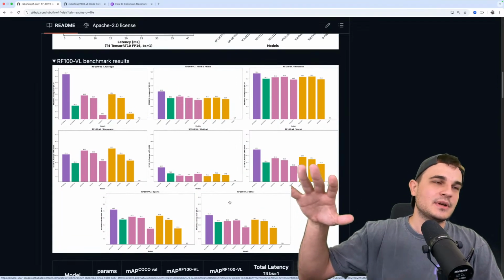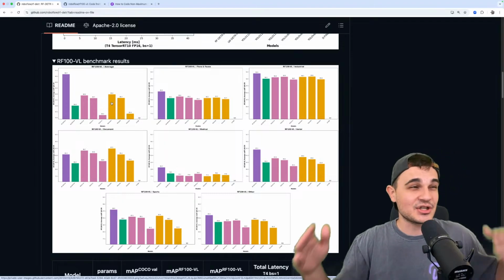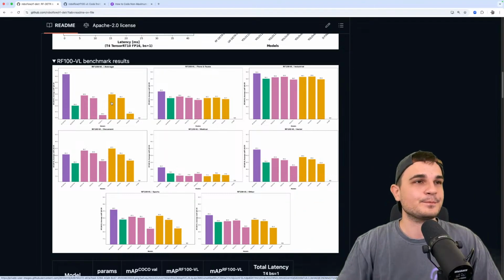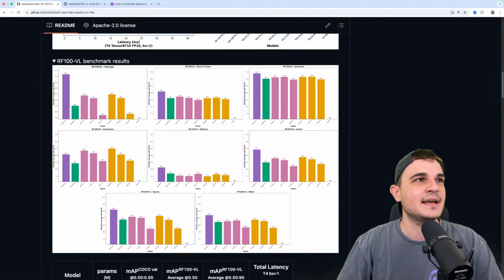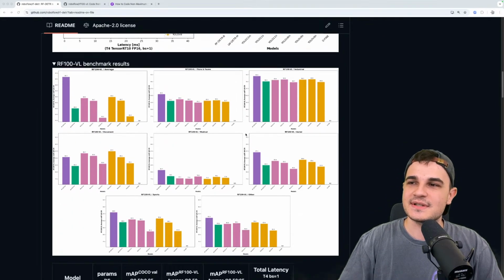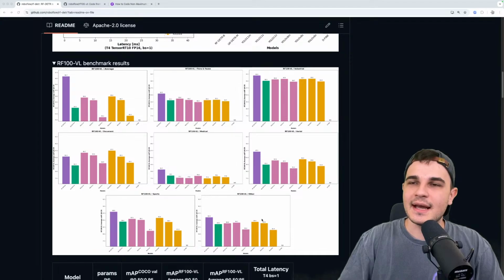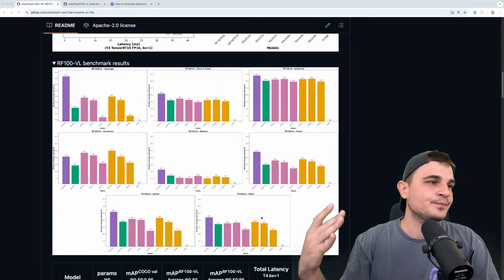What is cool about the RF100-VL benchmark is that we actually split those datasets even more. We split those datasets into several cohorts, 7, if I recall correctly, plus 1 that is the average. So this chart and this chart are pretty much the same. You can see that on pretty much any type, like fauna, flora, industrial, medical, aerial, sports, and others, we score higher than